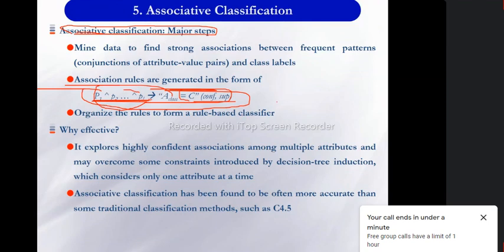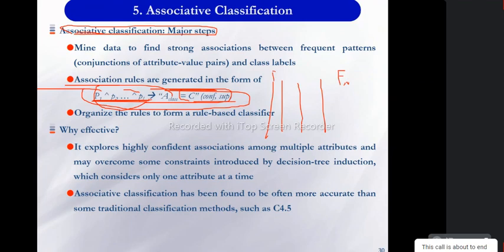If you have different features, like n features, from f1 up to fn, how can we associate them? There should be some associations. That association is called association-based classification. So we have to calculate